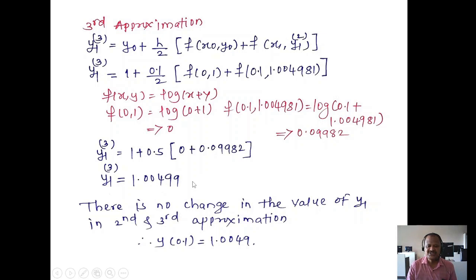Now this is the iteration method. Now you have to compare the values from the approximations: the first approximation, the second approximation, and the third approximation. Now you can say there is no change in the value of y1 between the second approximation and the third approximation. The value of the third approximation is 1.0049, and the second approximation value is again 1.0049. So the final answer is y of 0.1 is equal to